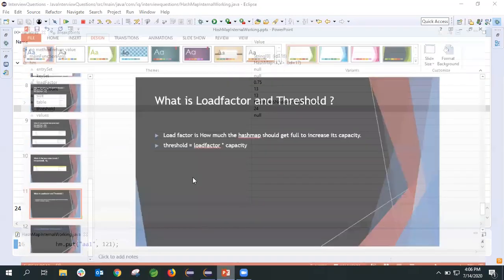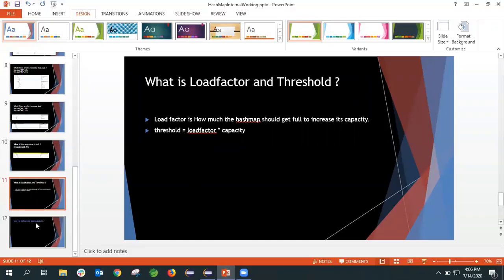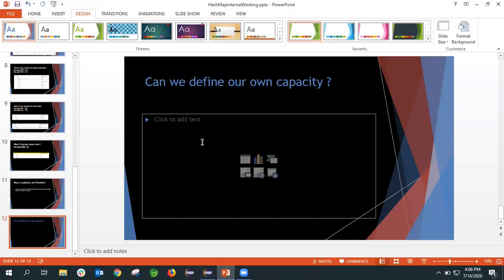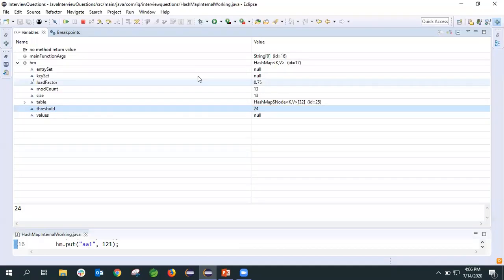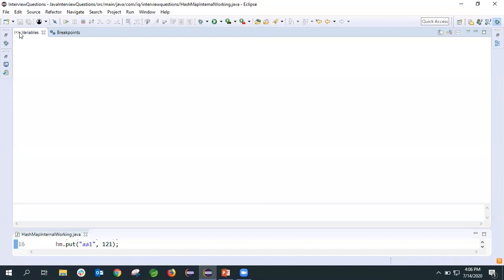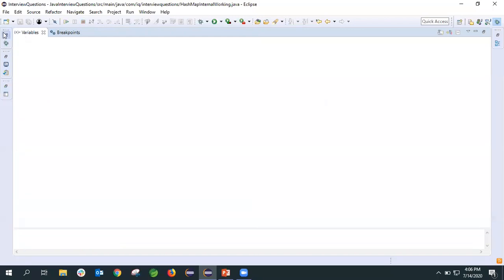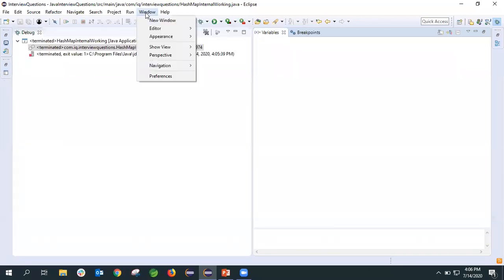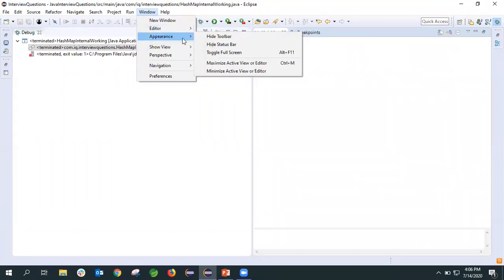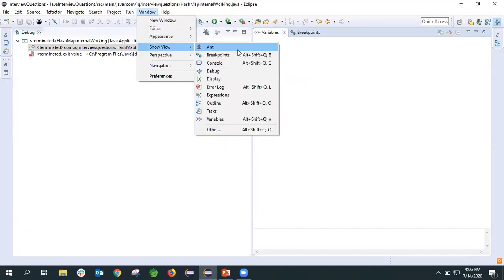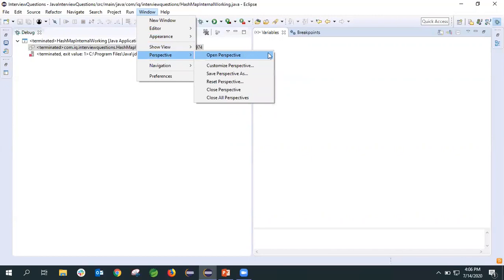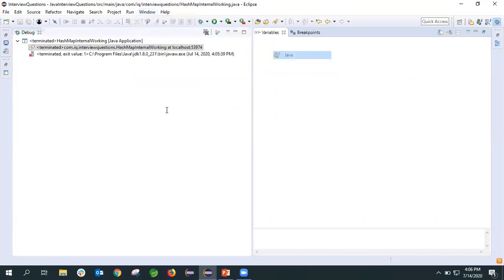Let's go to another thing here. Can we define our own capacity? Let's go into that program and see how we can do that. I'm opening the debug perspective. Okay, Java perspective will open again.